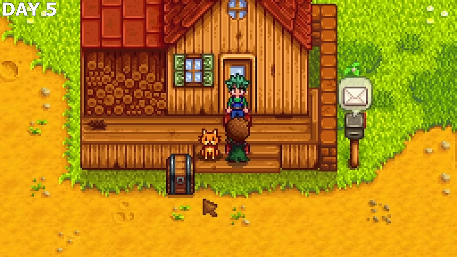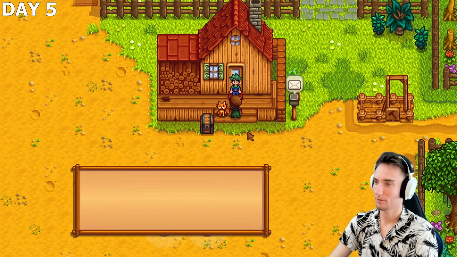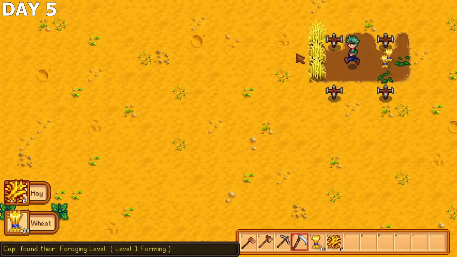On day 5, Marnie brings me a cat, and I'm a bit too camera shy to even attempt to think of a clever name while streaming to my whole 2 viewers, so I leave it as Dudley, filthy muggle. My wheat is done growing, so I give it a harvest and find a foraging level from level